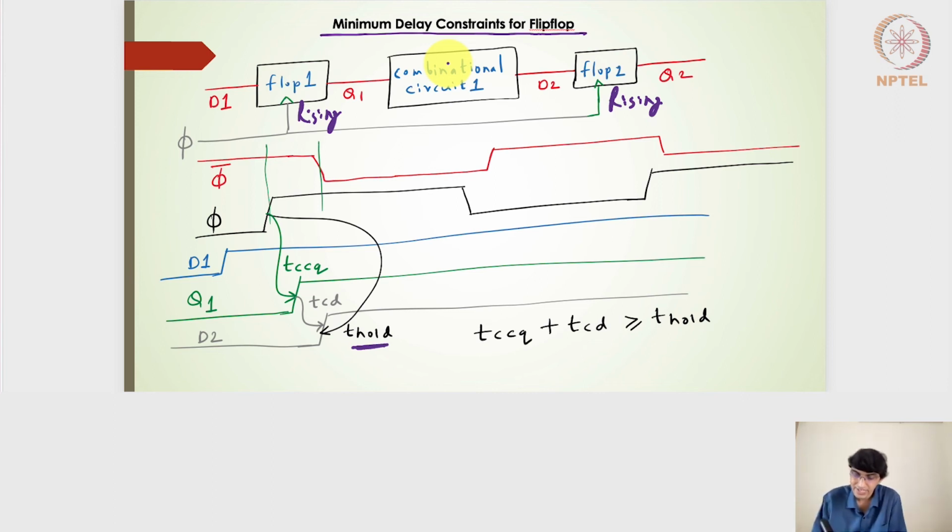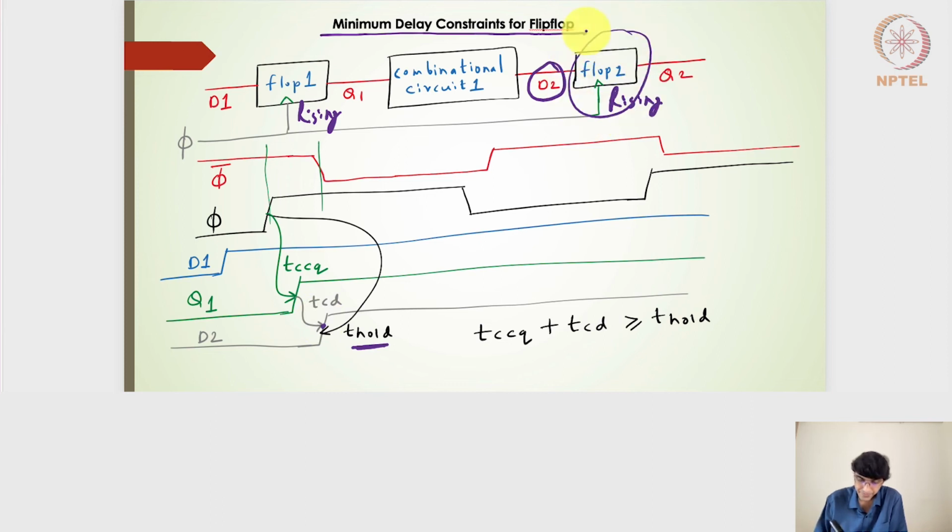In that sense, I'll get the fastest output here. That fastest output, we can say, is a contaminated output, because this is a contaminated input coming to the combinational circuit, and then we'll have a contaminated output. It can be characterized by the contamination delay of the combinatorial circuits. And so we will have a contaminated output here, which, if at all it reaches before the